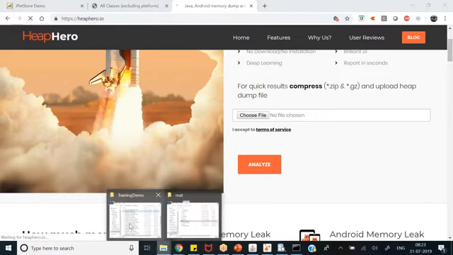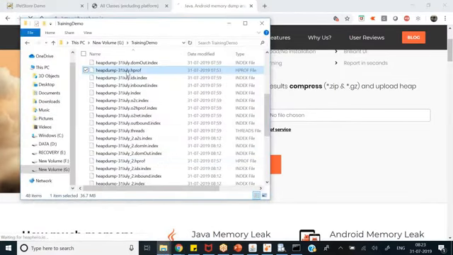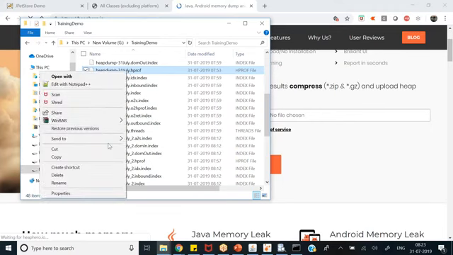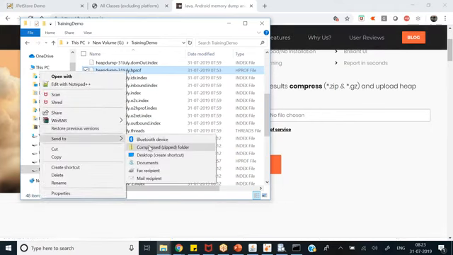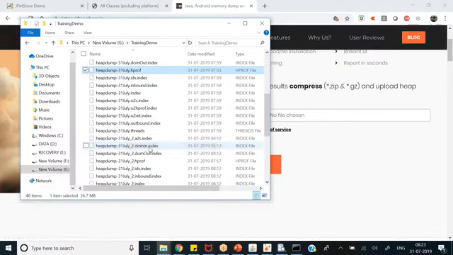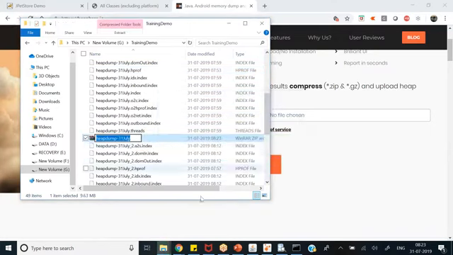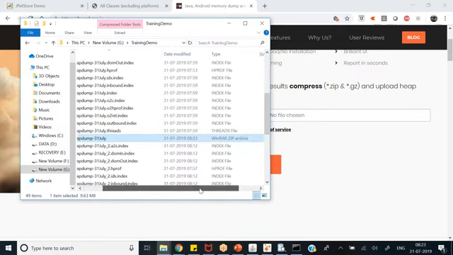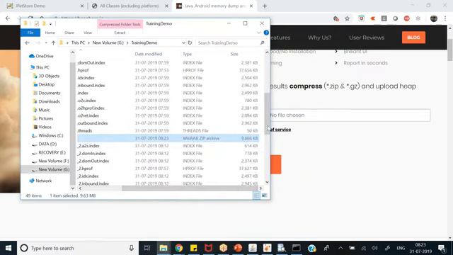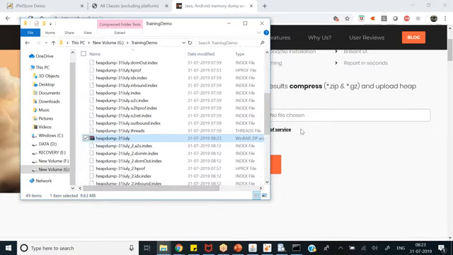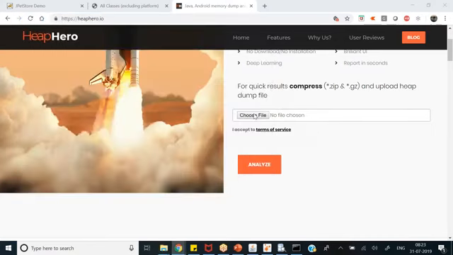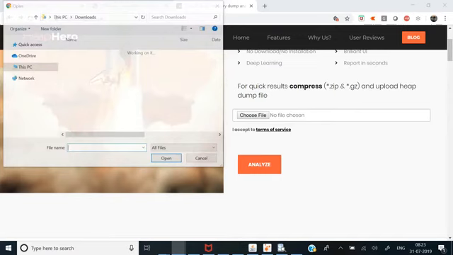So we'll quickly zip it, because compression works very well with memory files. You can see that when compressed it's only 9 MB, and the actual size of that heap dump is 32 MB. Now I'll click on choose file,